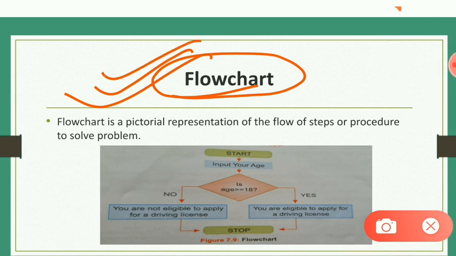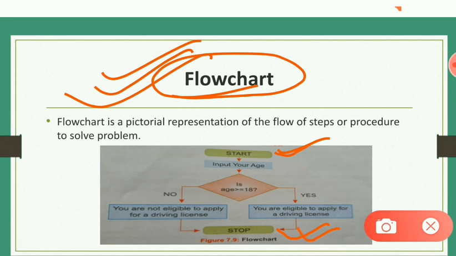Here, as you can see in this picture, wherever you are starting a flowchart or an algorithm, you have to start with the start button and close with the stop button. For giving the instruction, you start the algorithm and then finish the algorithm.